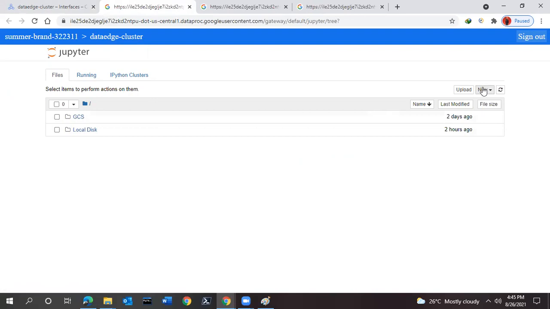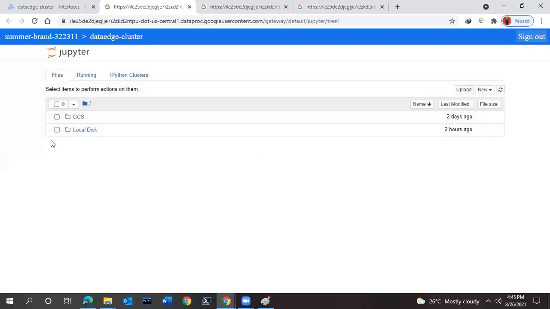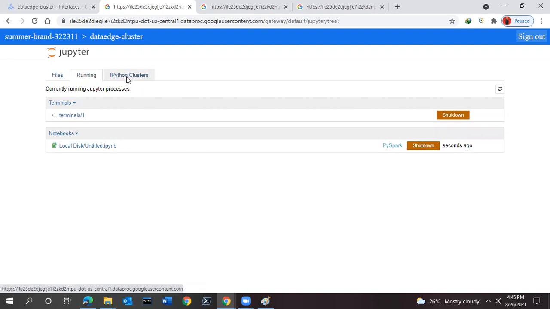So what we need to do and how we are going to work on this one: we need to select New and click on this PySpark button, and there is a kernel here as you can see. You have to wait for a particular time.